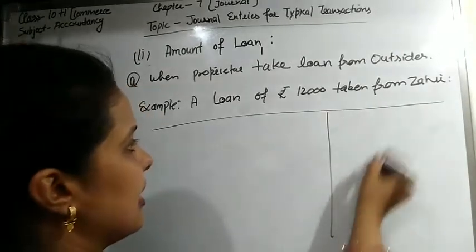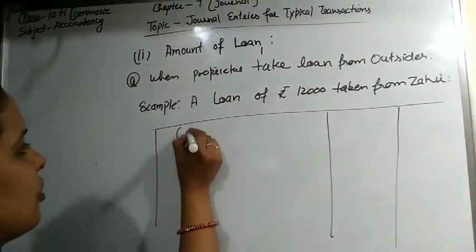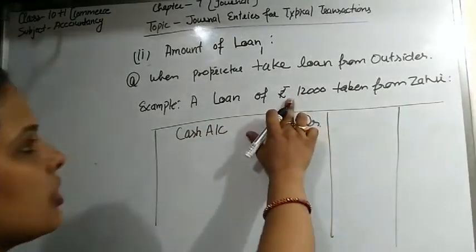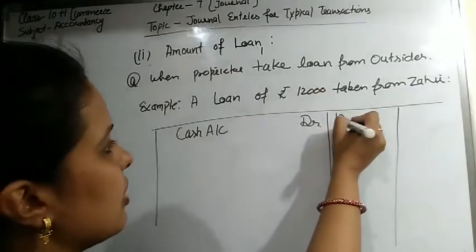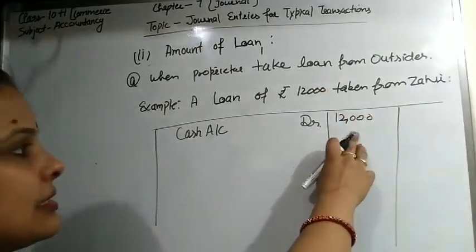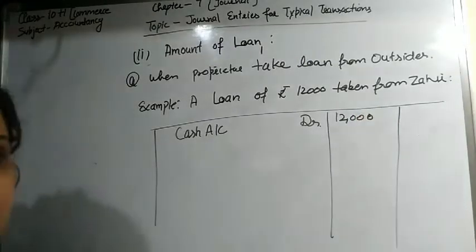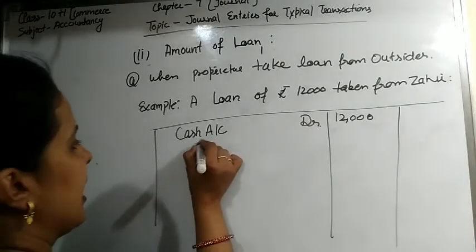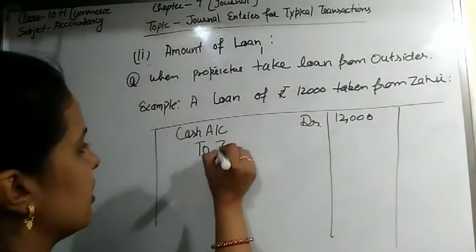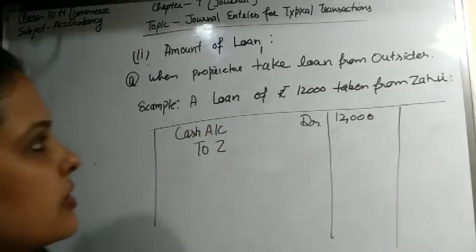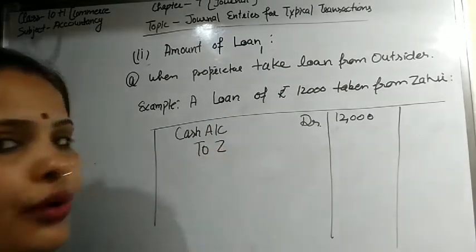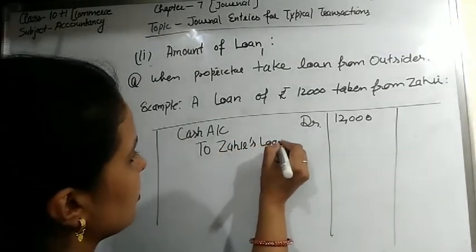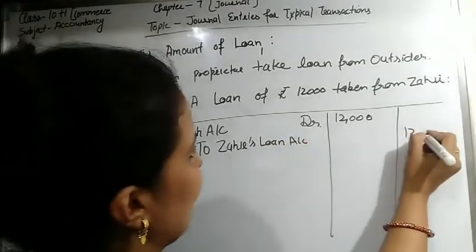At that time the journal entry is cash account debit, rupees 12,000, because the loan is taken in the form of cash. Zahir is the giver, but we write here to Zahir loan account. When loan is taken from an outsider, the loan account is credited: to Zahir loan account, rupees 12,000 on